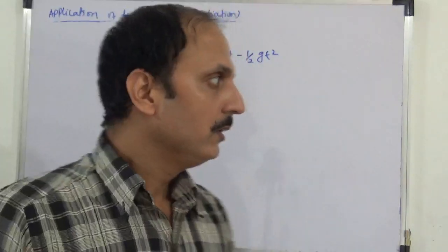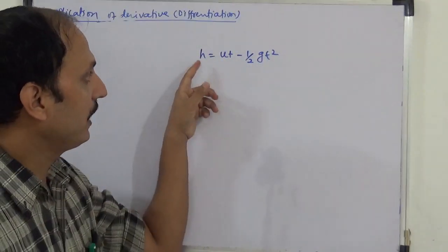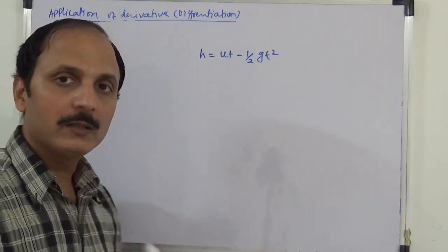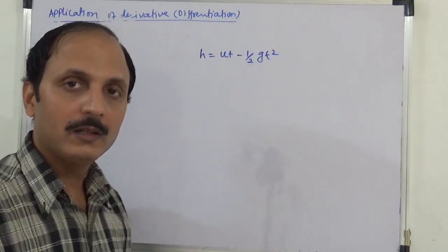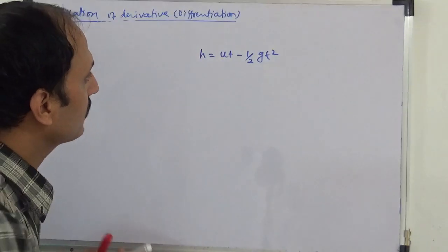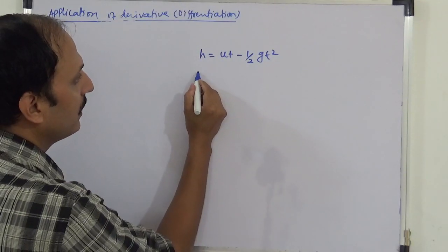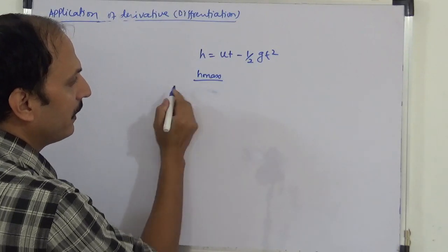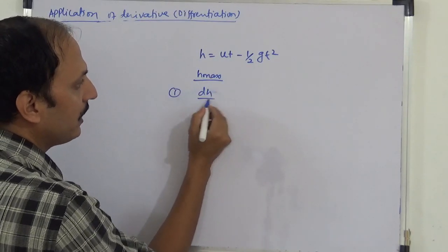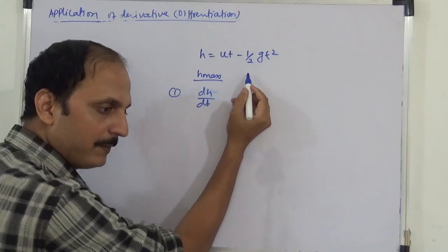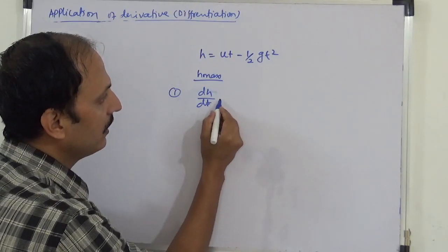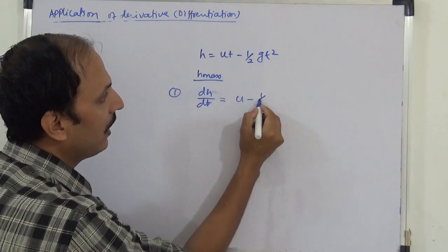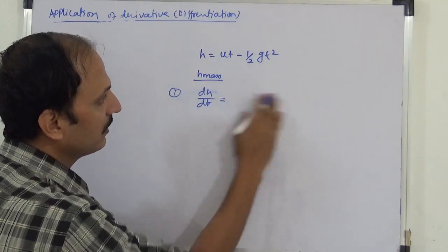Again, you have to find the h max. There is another method also in kinematics, so when we learn that, we'll do that. Here, finding h max means what? We have to find dh. So for that, what is the step? Do dh by dt, because h is a function of time. So find dh by dt, that is equal to, differentiate that, u minus half gt,